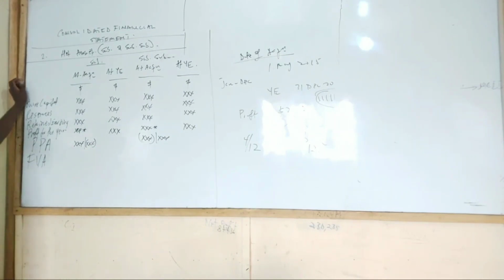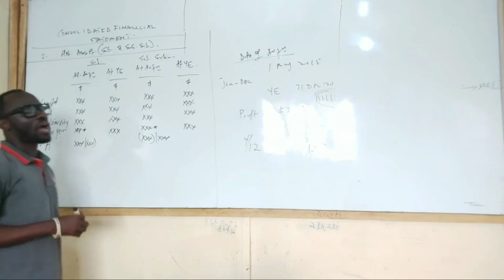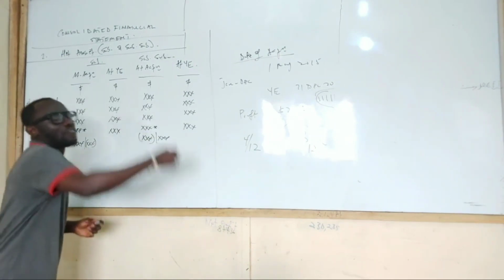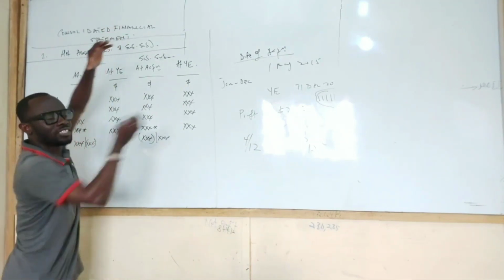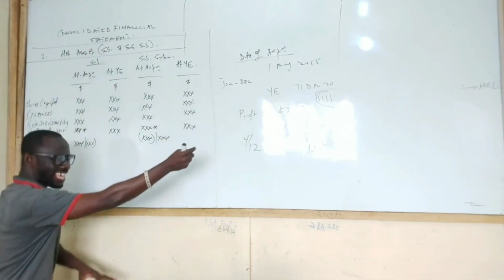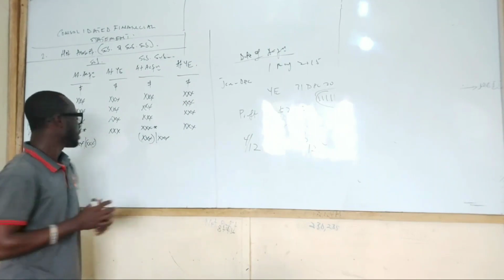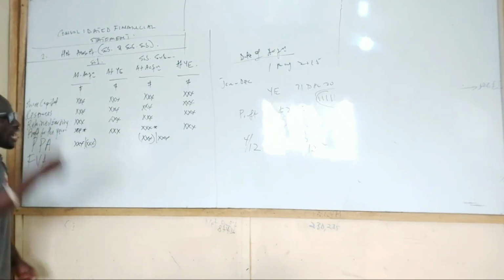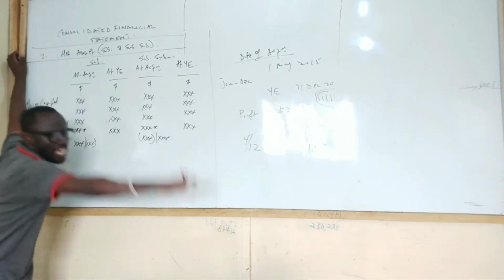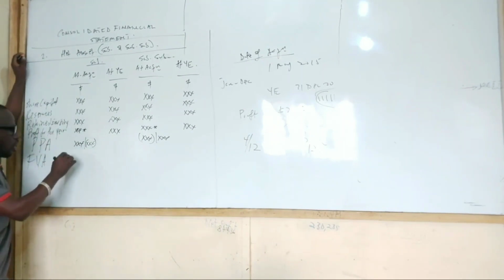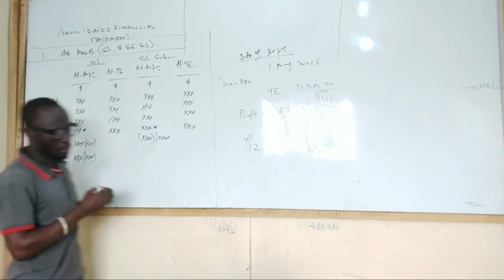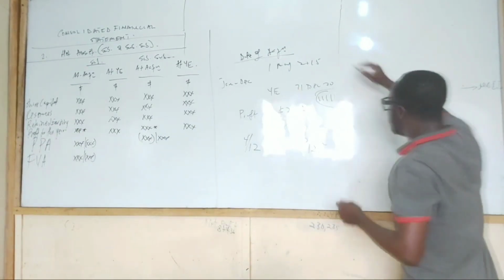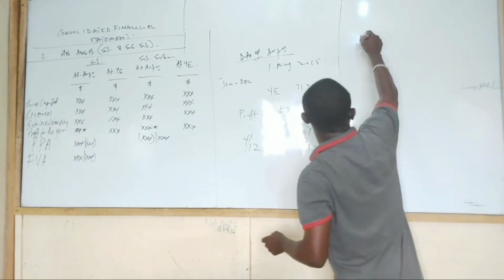Next item, fair value adjustment. Fair value adjustment is where, as at the date of acquisition, the assets are either more than what they have recorded or less than what they have recorded. Please note that fair value adjustment can be an increase or a reduction. Whatever it is, bring it at the start of the year. So let me make a statement on that. It is, for instance, at acquisition,